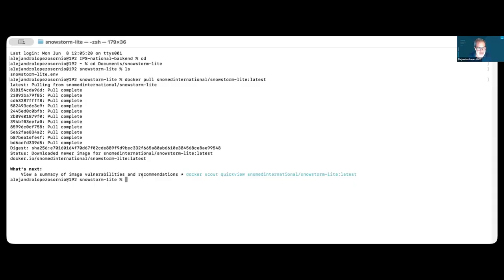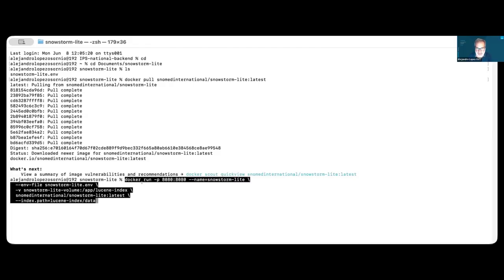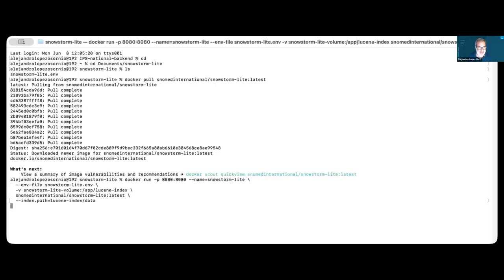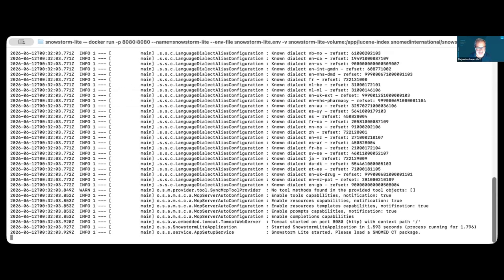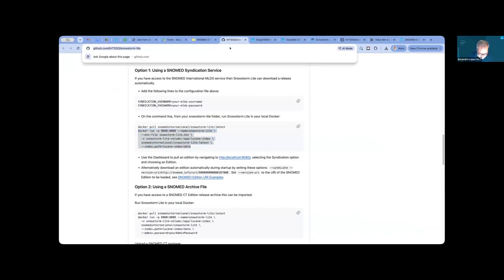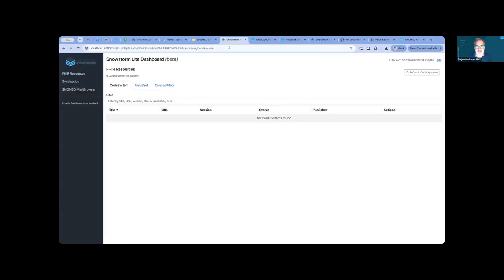And then to execute SNOMED is this command that I paste from the web page. I'm copying and pasting from the web page. You click that, and it's running. This is something that took a lot of time before, and now we're doing it in a second, and we will use the command line tool now. And if I go now to localhost 8080, I'm welcomed by this. This is the dashboard, and this is the revolutionary thing.